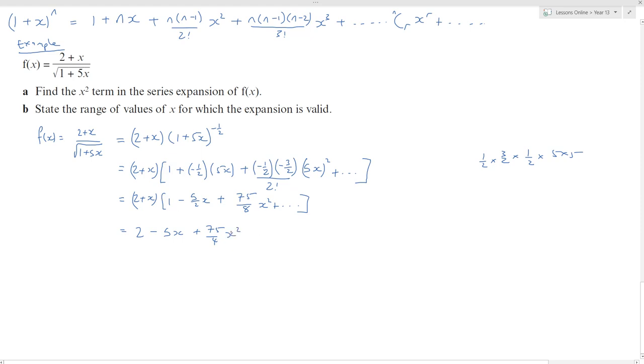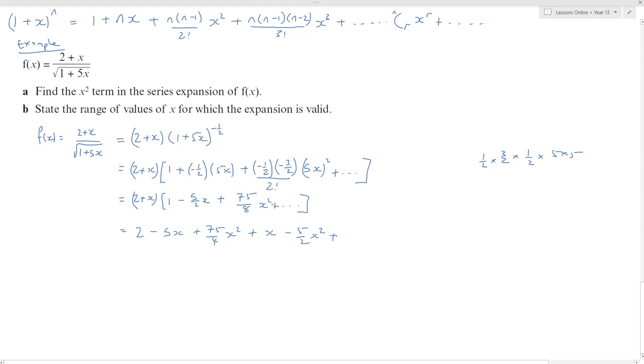Then I multiply by x: x times 1 gives me x, x times minus 5 over 2 x gives me minus 5 over 2 x squared, plus, if I multiply x by the third